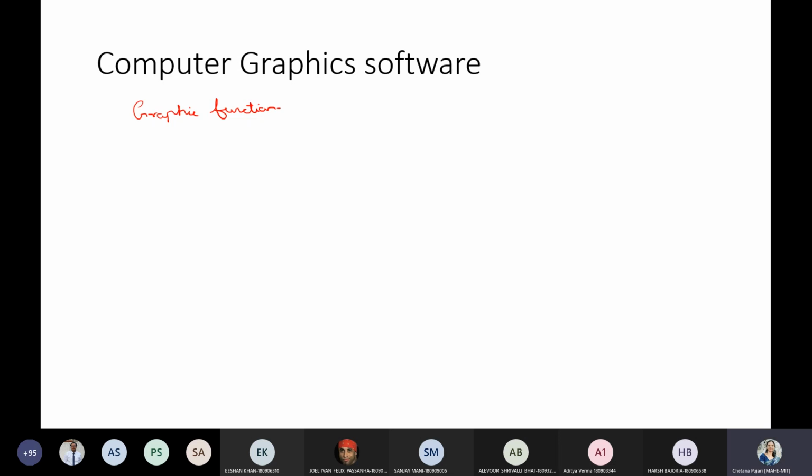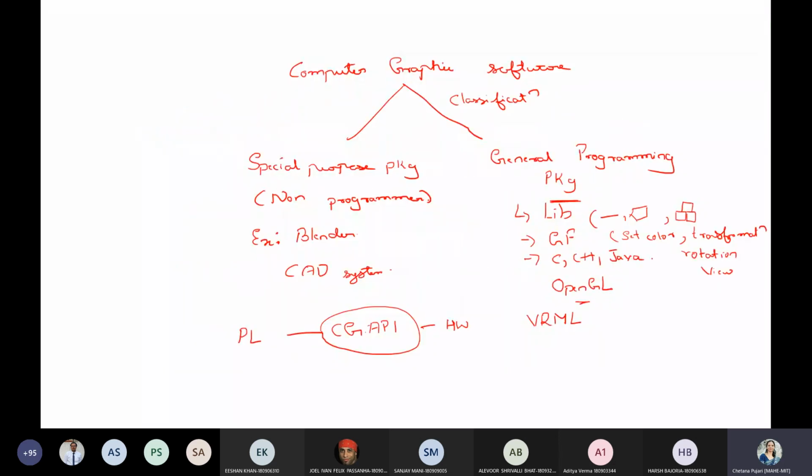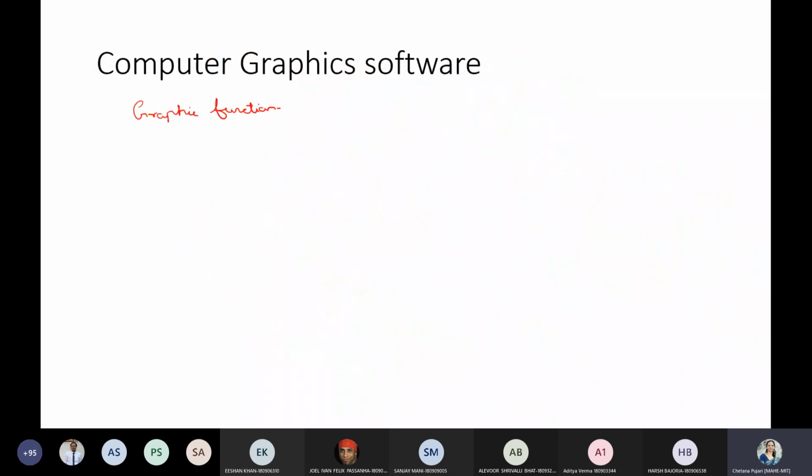When you are trying to design any system, as I just told you in a previous slide, you will have different libraries with different predefined functions. When I say graphic function, you'll have functions like graphic output, how you want to display on your device, and graphic input.